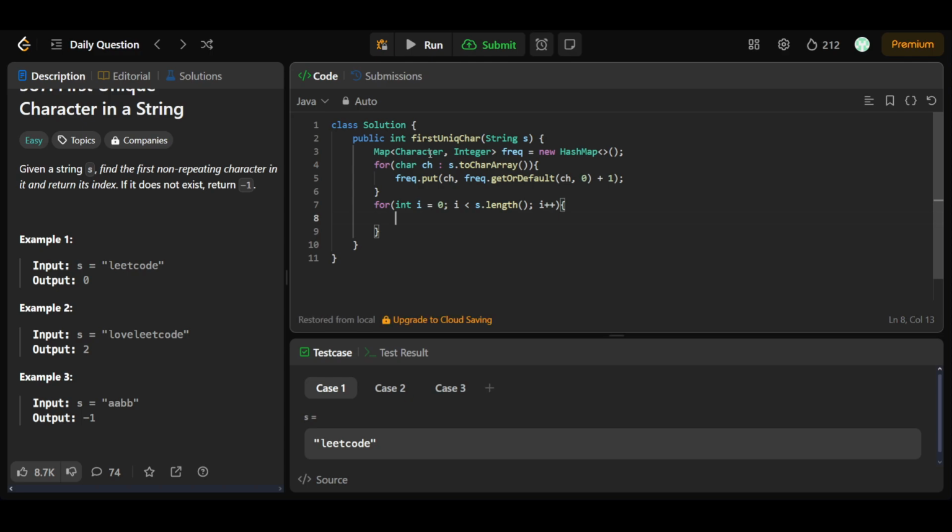Okay, and so we'll be doing: if freq.get(s.charAt(i)) is 1, that means this is the only occurrence of that character, and as we are traversing from the 0th index, it will also give me the first character that is not repeating. Okay, so we have to return i in this case, and otherwise we have to return